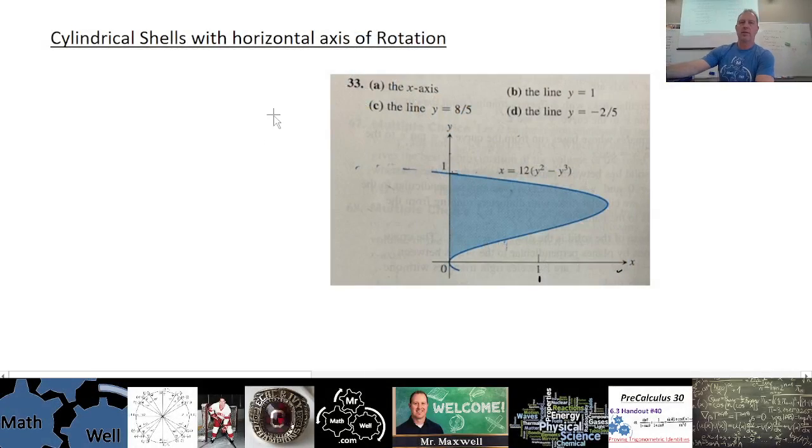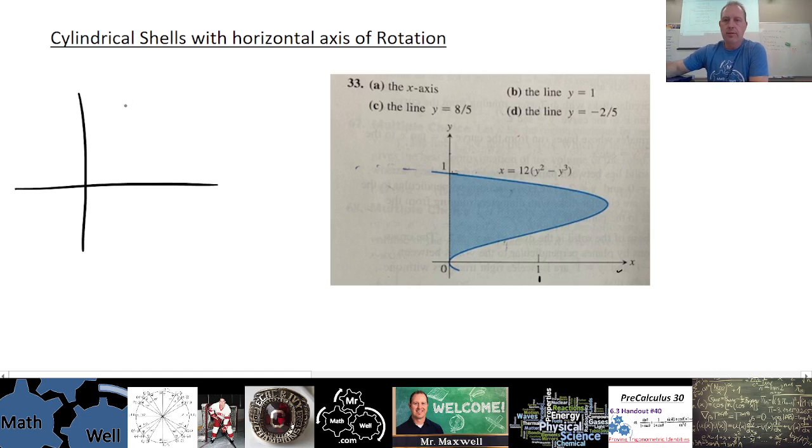All right, today we're going to talk about finding volumes of solids of revolution using cylindrical shells, but we're going to talk about using cylindrical shells when the axis of revolution, or rotation, is horizontal. So if you think about what we've done before, let's say we had this as a graph,